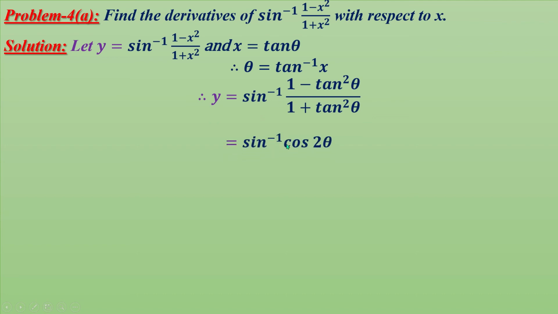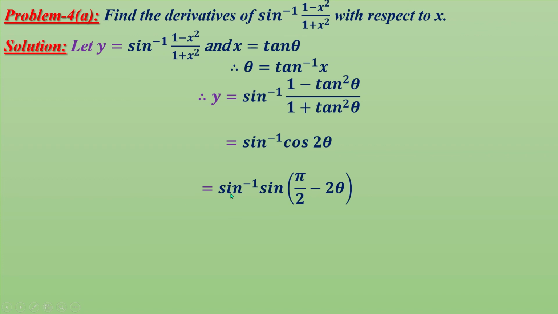But we have to vanish cos. For vanishing cos, we have to convert cos into sin, as here it is given sin inverse. So we can write sin of (pi by 2 minus 2 theta), because this is equal to cos 2 theta. Why? Pi by 2 means the number of right angles is odd, so sin will become cos. Pi by 2 is in the first quadrant where all are positive, so plus, no problem. So sin of (pi by 2 minus 2 theta) is equal to this.